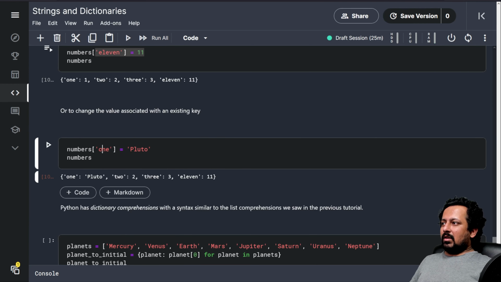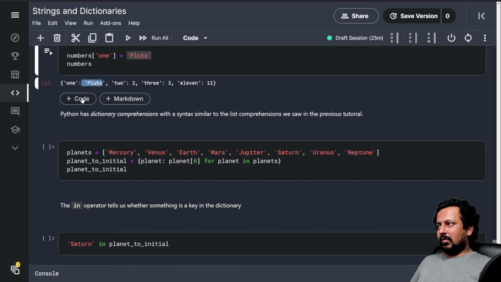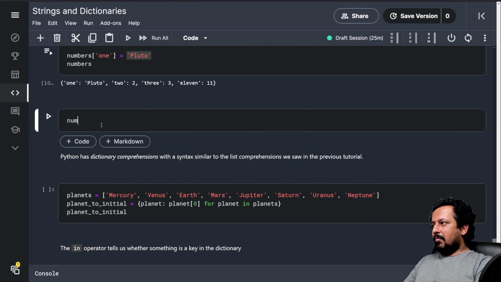Since 1 already exists in the dictionary and you say Pluto, then the value of 1 becomes Pluto. So now if you print numbers 1, sorry about that.